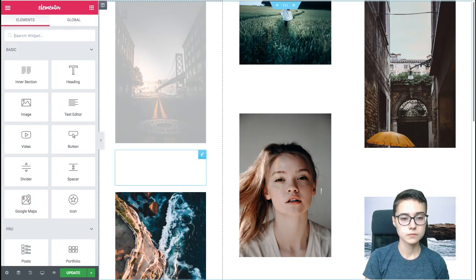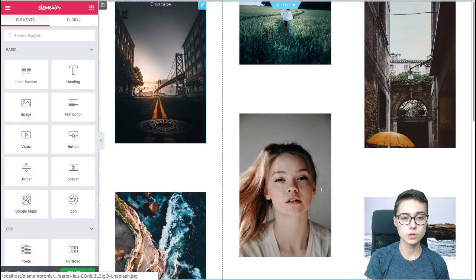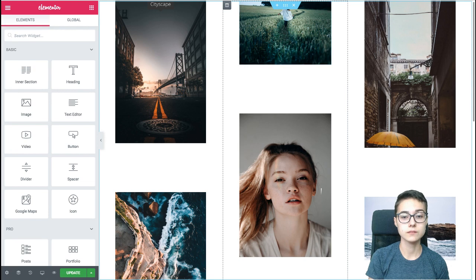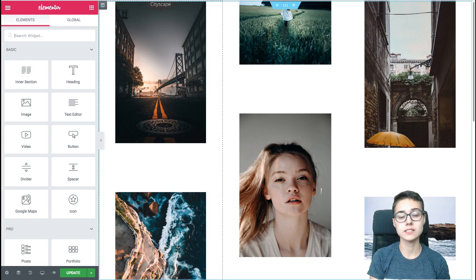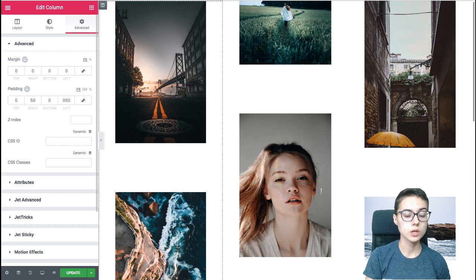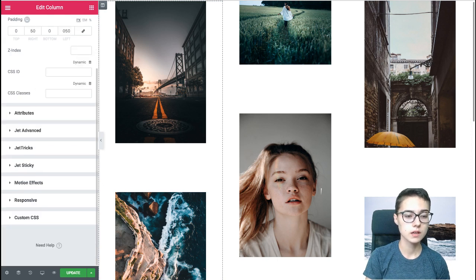Also, we're pretty much done for now, and what I want to do is start adding some custom CSS code so we can make our columns move. Alright, what we need to do is go to the settings of the column, go to advanced,